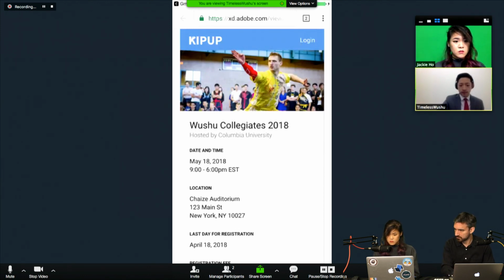But maybe for beginners or people who haven't really done it before, a description of what Collegiates is, a blurb, would be what I'd expect as well. Generally, this seems to me similar to a Facebook event page, and I would typically see that on an event page, so that's what I expect here as well. Not that it's necessary.